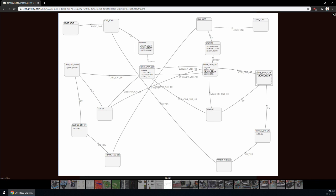And at the same time, the state machine is counting two things: how many bytes have been fetched for the DMA buffer, and how many bytes have been captured for this particular line. As soon as a fixed number of bytes has been captured for this particular line, this control count hits. As soon as the state machine gets into the line end state, it resets the pixel counter and waits for the